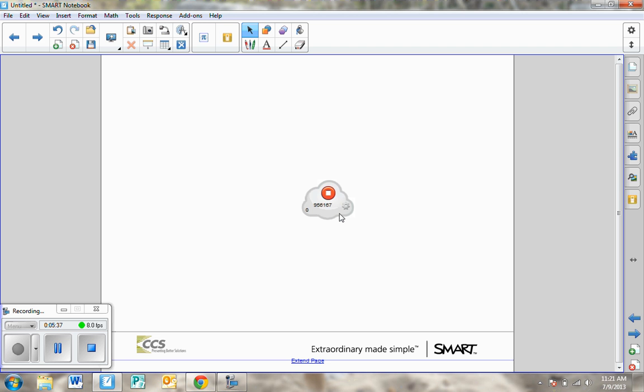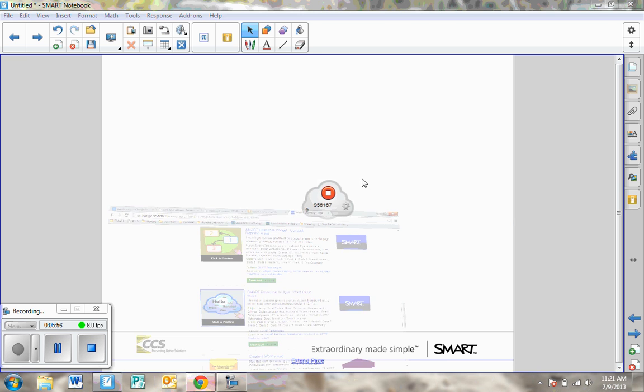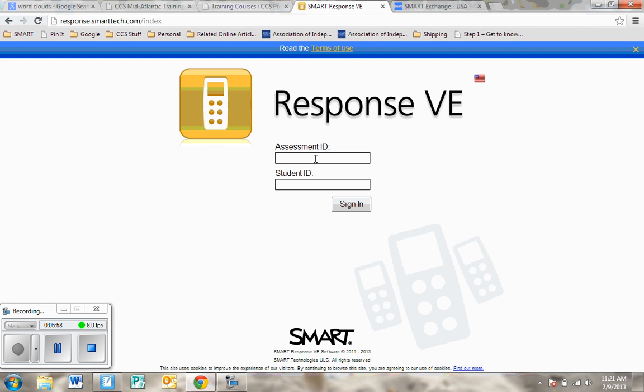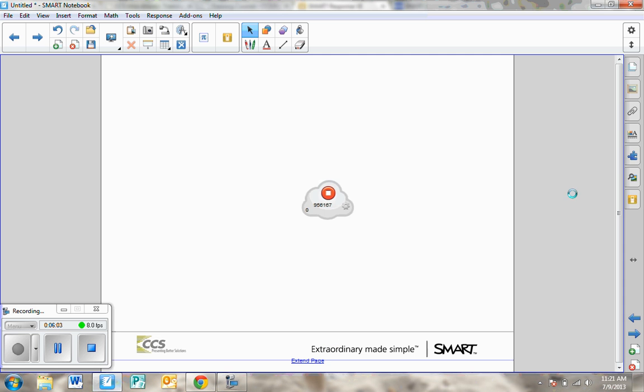So with the VE, it allows my students to use any web-enabled device. So that is the assessment ID. They would go to, and it's trying to work, give it a second, my computer's being a little slow, so I apologize for that. They would go to response.smarttech.com, which I actually have up here, and they would type in that assessment ID number,